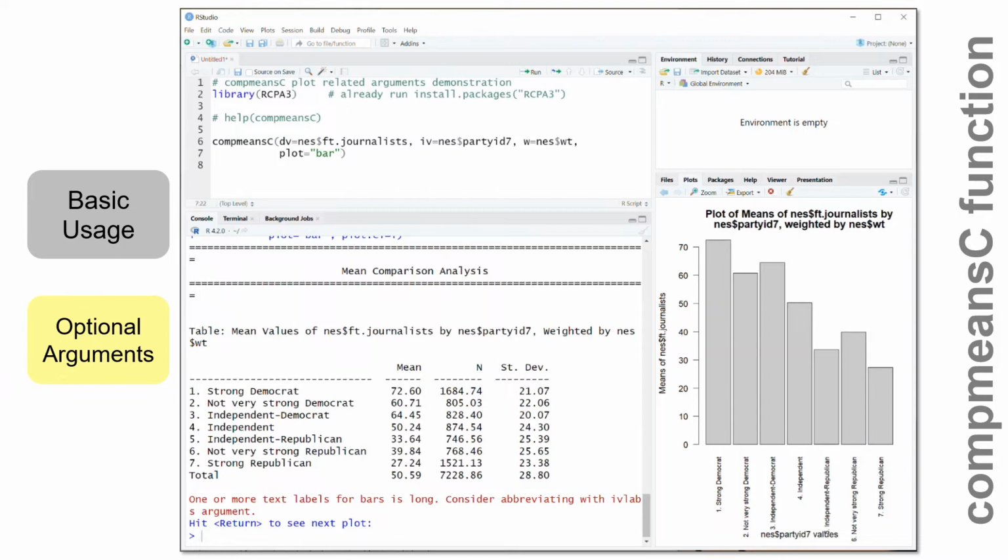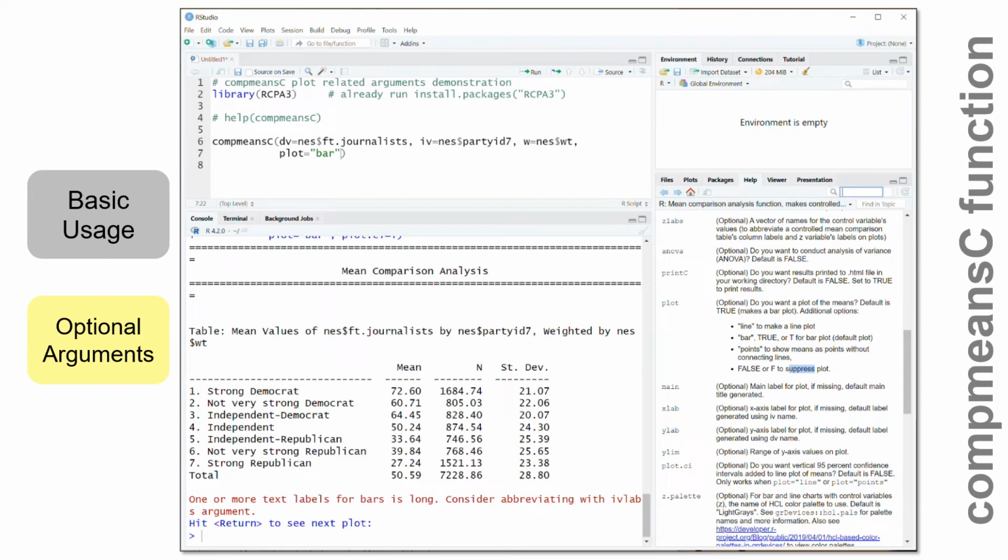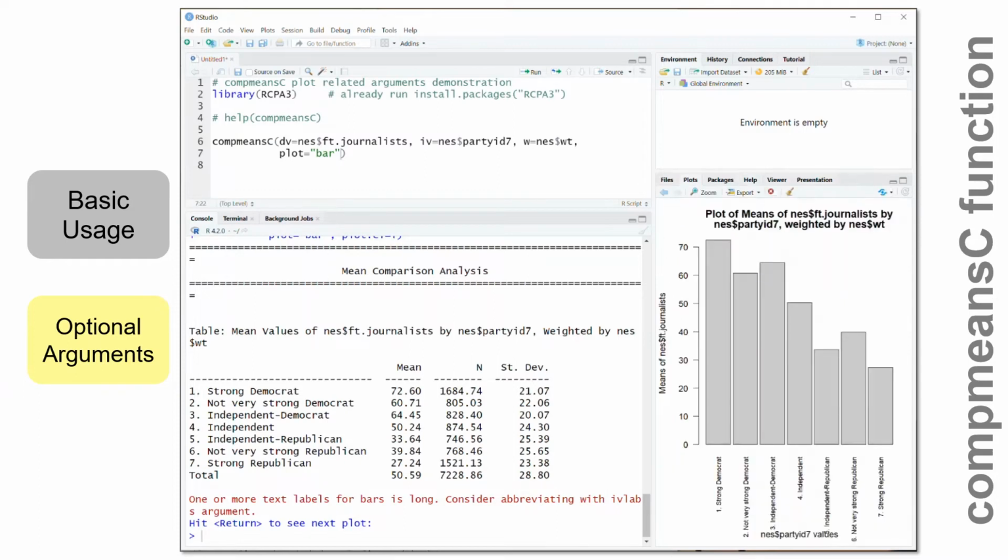You have the standard arguments that you have in most plotting functions. Look at the help file. You can see we have the main argument, xlab argument, and ylab argument. Those do what you would expect from those arguments for a plot: the main label of the plot, x-axis label, and y-axis label. One that's helpful, and this would be helpful,